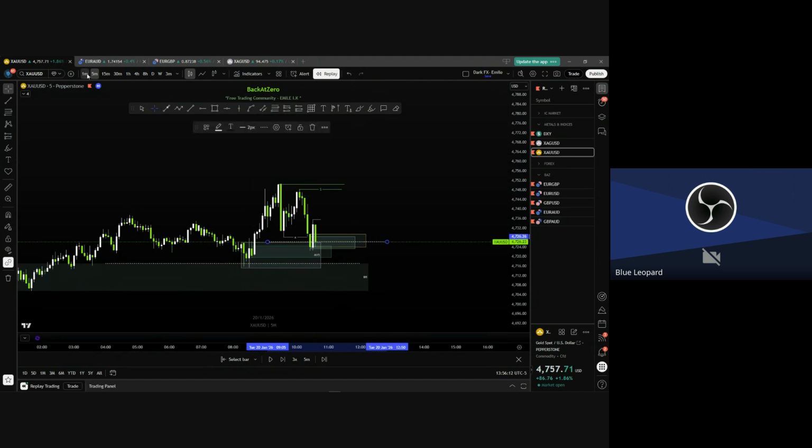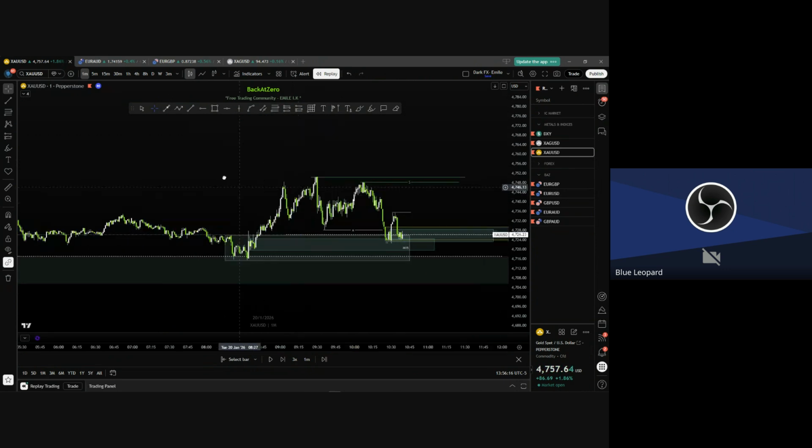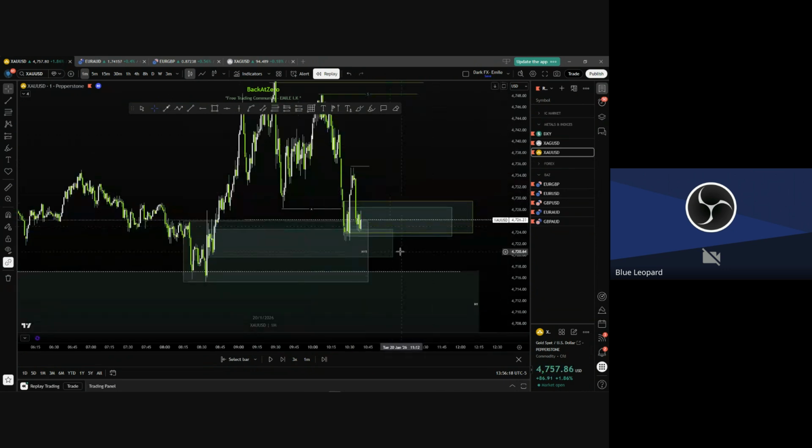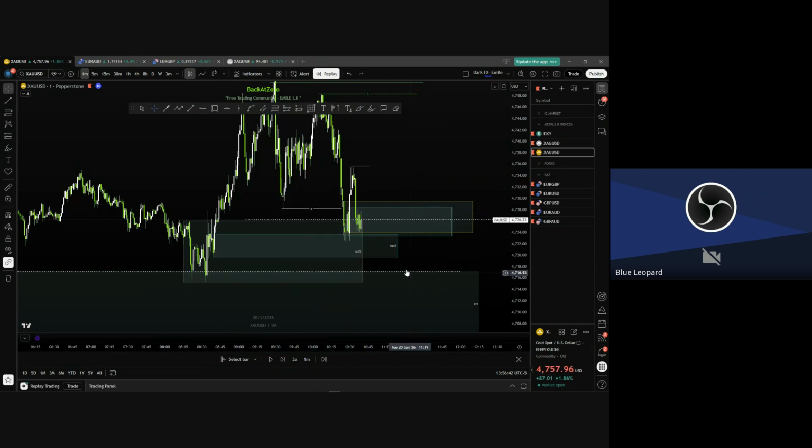Okay, you drop on M1. On M1, what do you want to see? Two things. Option one, remember, inside of the M15, on the leg, what is the last bearish candle before the explosive move that breaks out of the M15 zone? It's here. You can see it here. This is where you should enter, option one. Okay, option one. You see this? This is option one.